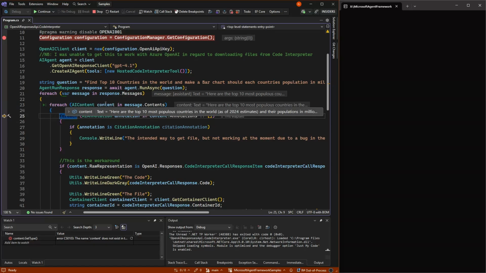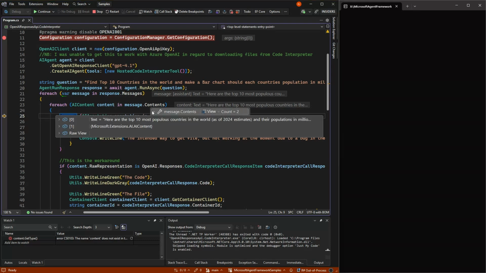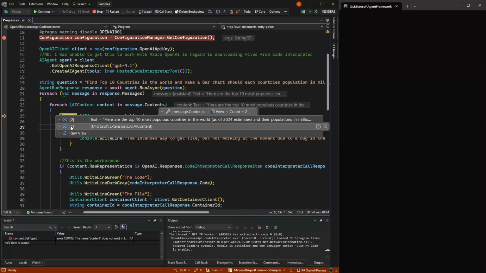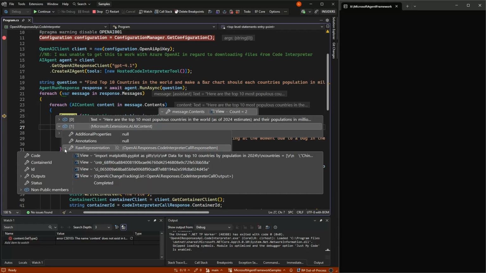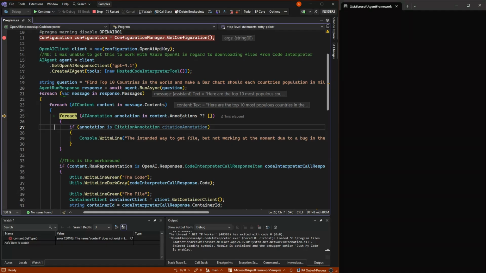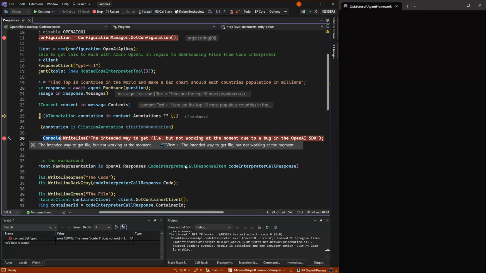And inside each message, we have content. And inside that content, we get some AI content. And here, had it worked, we have a code interpreter response, which is okay. And in that, we actually see the code that we get, and then we get what container ran that code. But what we should have seen as well was an annotation. And that annotation is not present because of a bug in OpenAI's SDK.